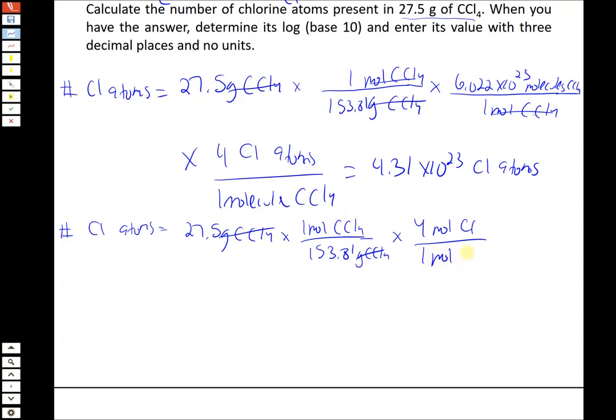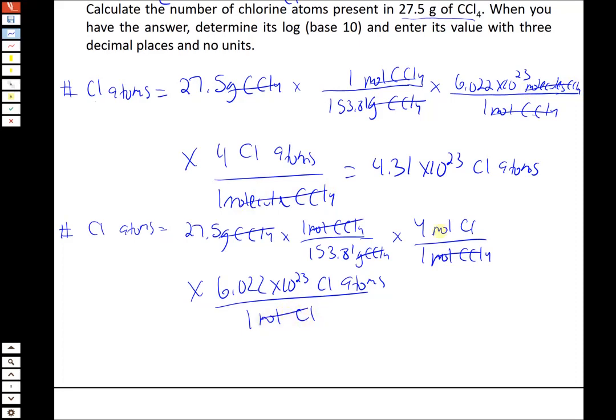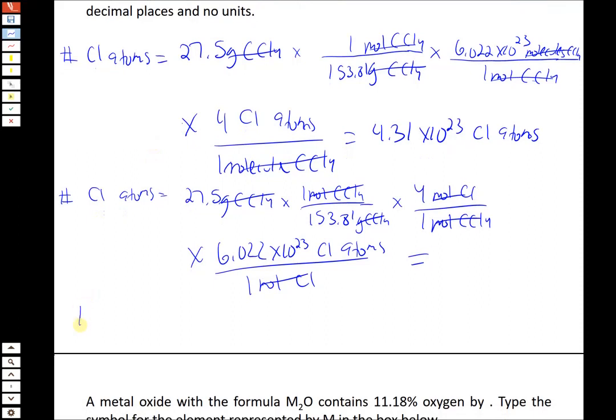So 1 mole of CCl4 has 4 moles of chlorine, and then from there we have moles of chlorine. We're looking for number of chlorine atoms, so we then multiply by Avogadro's number, 6.022 times 10 to the 23rd chlorine atoms in 1 mole of Cl. So all the units cancel out either way, and we get the same number, so I'm not going to write it out again. Now this did ask for the log, so however you chose to calculate the number, that's what you get, and the log of that number